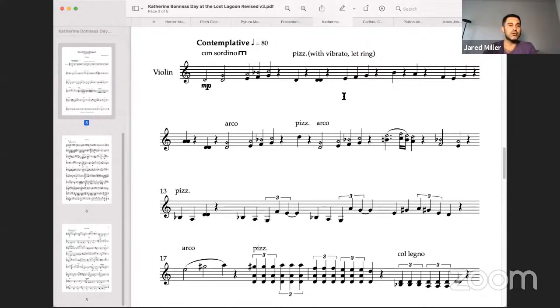But I think you could just play around with the material you already have in terms of A, the silence that you have between gestures and the length of that silence, and B, the length of each note in the gesture itself, and see what you come up with. You might create something that is a little more active than what you're writing right now, or it may not be as active, or it might be a mix of both. But certainly it could be a little less regular in terms of its rhythm. Does that make sense? Yeah, totally.